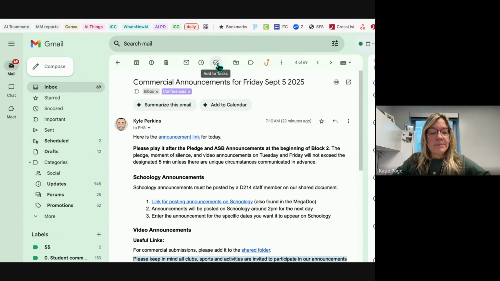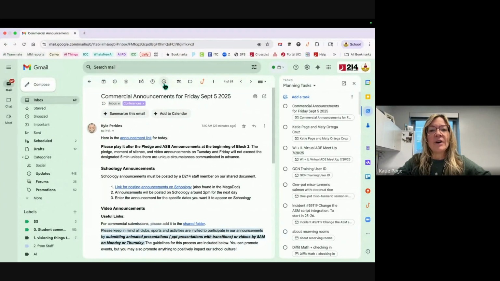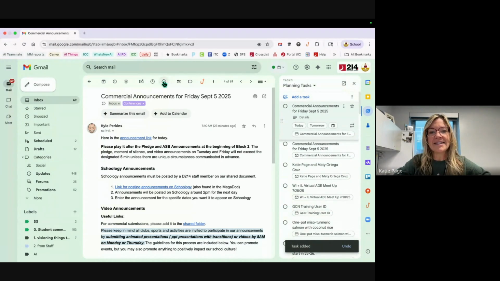One of them that I skipped up here is tasks, and I wanted to show you this task key. If you are looking at an email and it's something that you need to address or you would like to put on a to-do list, you can click this add to tasks. This little pane will open up and you'll see this email from Kyle for the commercials is coming over here. And then I have some options with it. I can add